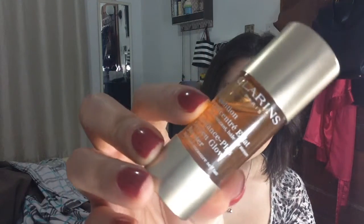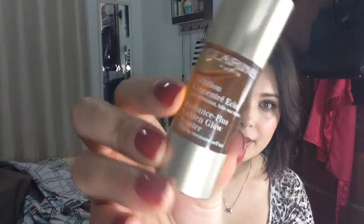I really respect Clarins because they are a brand that do take skincare into consideration, do produce quite effective products. I do enjoy Clarins. Let's start with this Radiance-Plus Golden Glow Booster. So this is skincare slash vanity sort of a thing where if you're a pale girl, you know the struggle